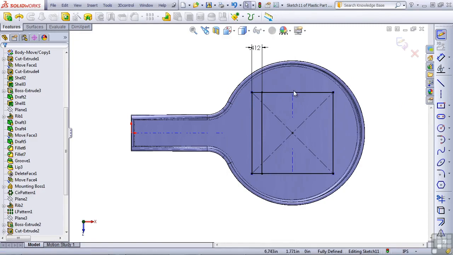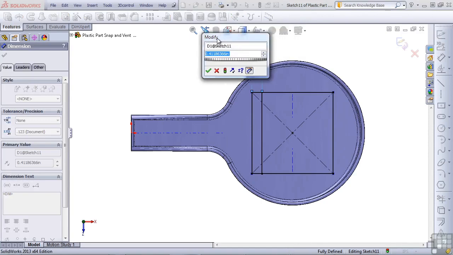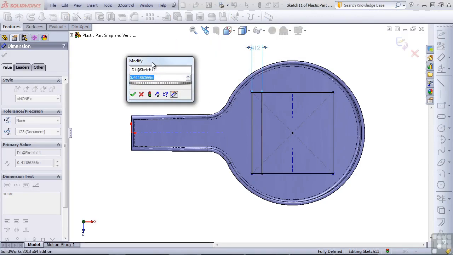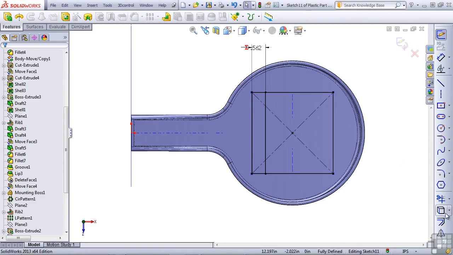Now let's figure out what the length of this line is. So I'll just click on that, and down here we've got 3.374. So we can double click on this value, type an equals sign, and then type 3.374 divided by 6. And that figures out the spacing. And so now let's click the green check to get out of the modify dialog and use a series of